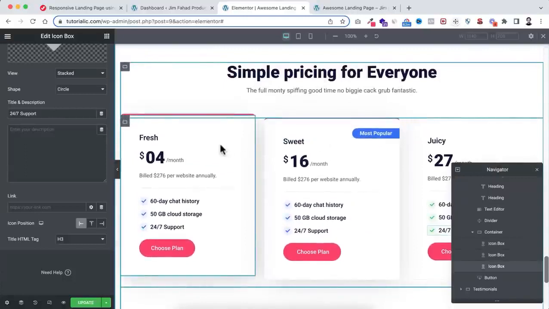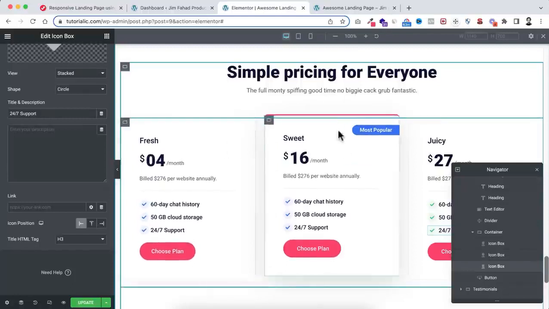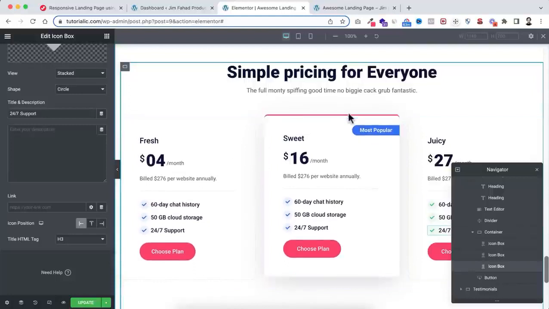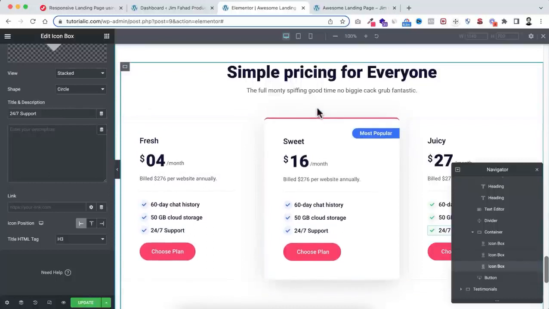But now I also wanna show you, if you have a different plan for monthly users, if you have a different plan for yearly users, how you can create that monthly or yearly pricing table, like the toggle button. So if you click on monthly, that will display the monthly prices. If you click on yearly, that will show the visitors the yearly prices, like that. But if you don't want that, you can keep it like this,